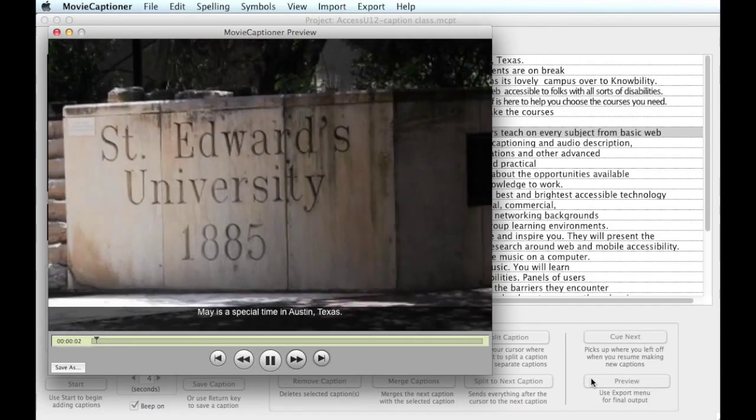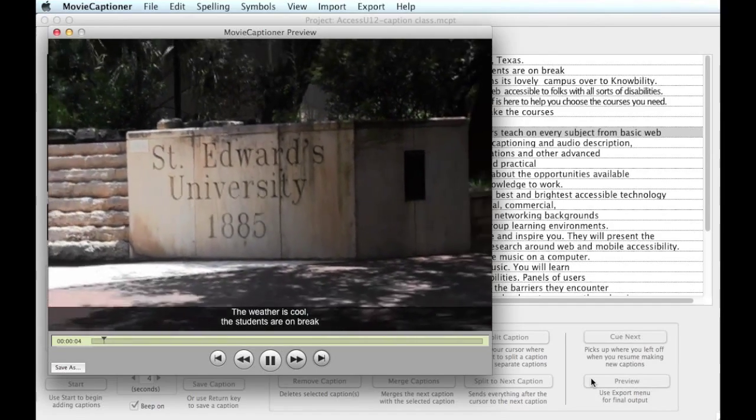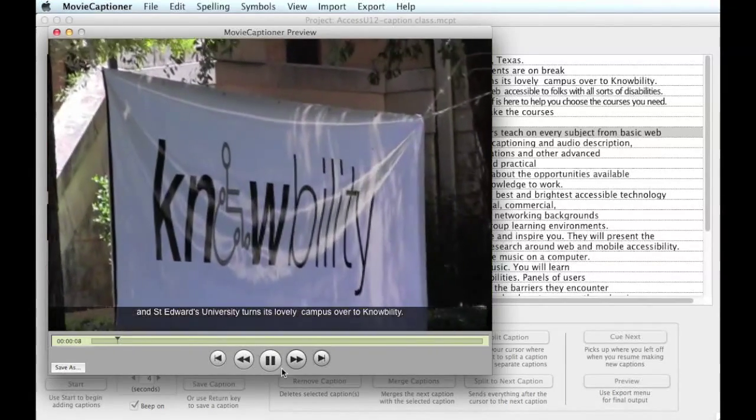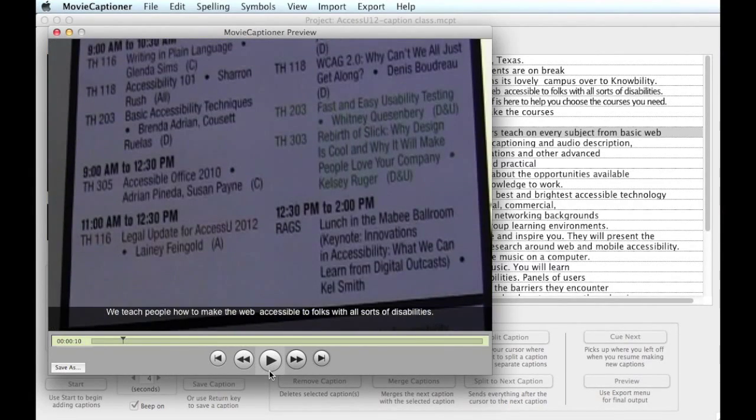May is a special time in Austin, Texas. The weather's cool, students take a break, and St. Edward's University turns its lovely campus